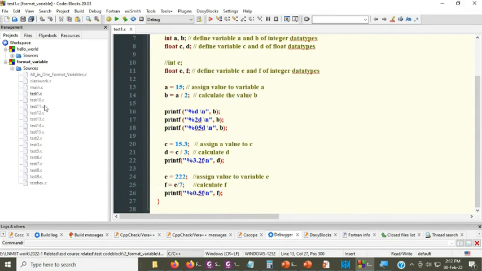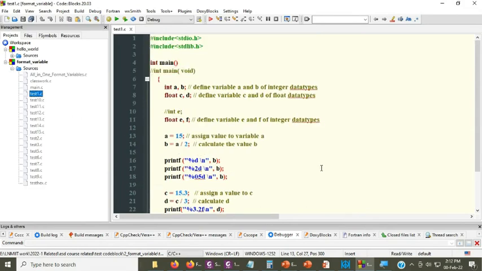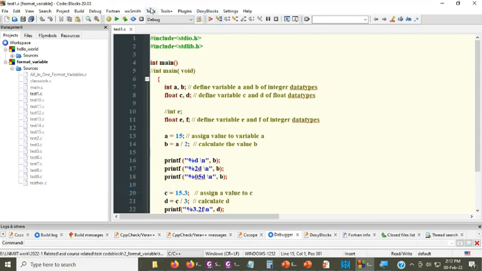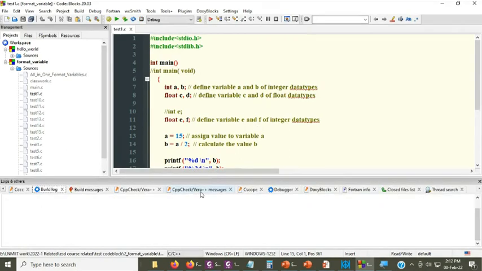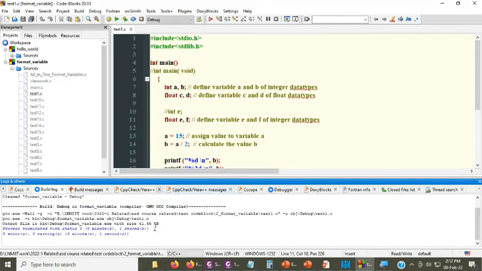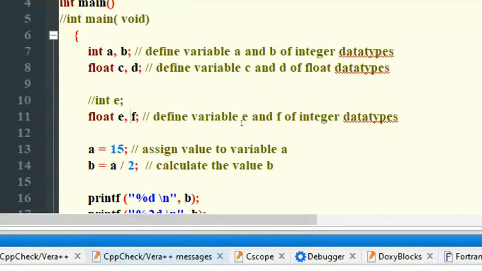Please, if you have any doubt, do ask me, because it might be possible I'm going a bit fast. Okay, this is enabled or not? Yeah. So I will just compile this part. So, build log. What happened? Okay, no errors, no issues. We can go through this program.